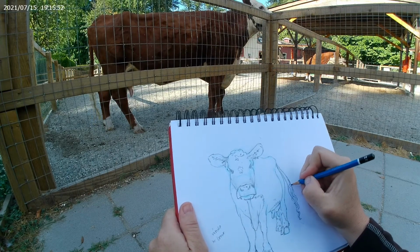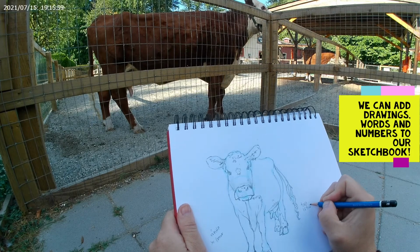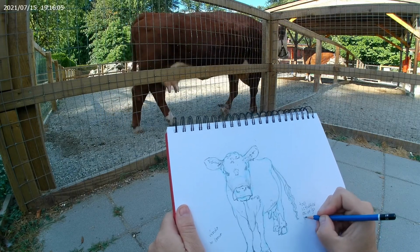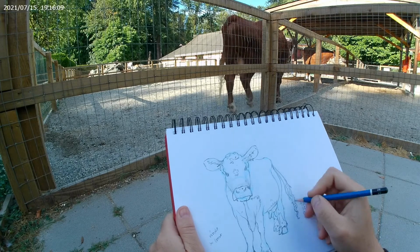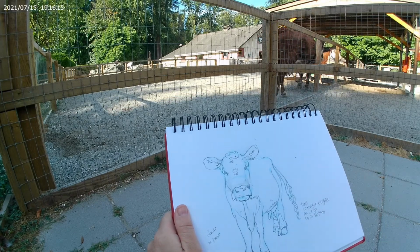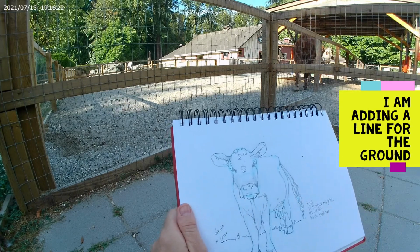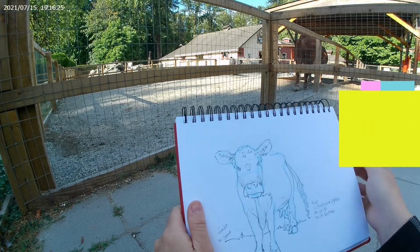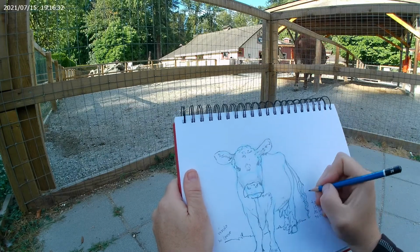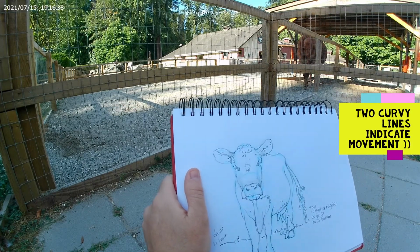So the tail, so I'm going to put here that the tail is fluffier as we go to its bottom, and also fluffier and lighter. So I'm just going to add a little bit of, always include a little bit of ground unless your cow is floating into space. And I'm just going to put a little bit more of details on these moves. So I'm going to add some motion lines, and